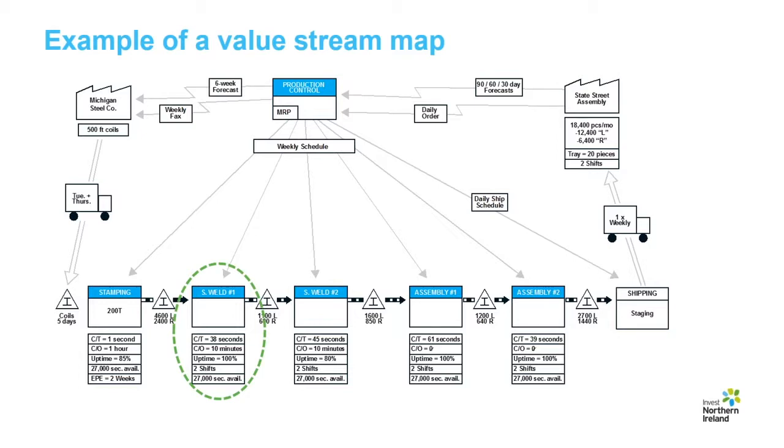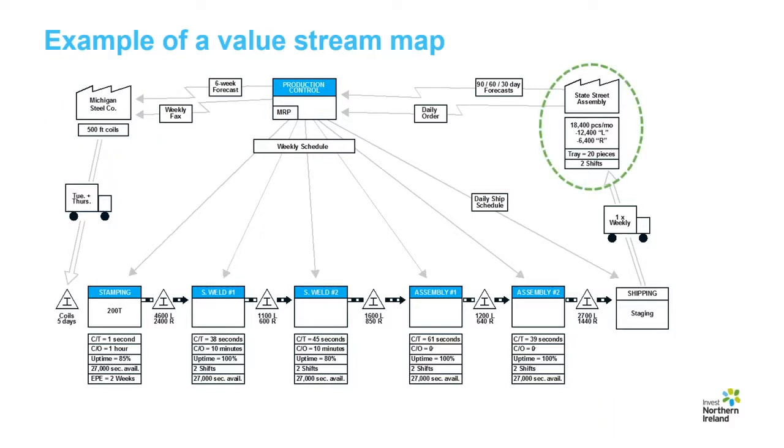In this case, the cycle time, changeover time, what percentage of the time the process is running, in other words, the uptime, how many shifts it takes to run it, and its availability over the course of the day. This shows the inventory or queue sitting between the second weld and first assembly steps. The details of the supplier are here along with what they supply to the business. In this case, they supply the raw material in 500-foot coils and they deliver on Tuesdays and Thursdays by truck.